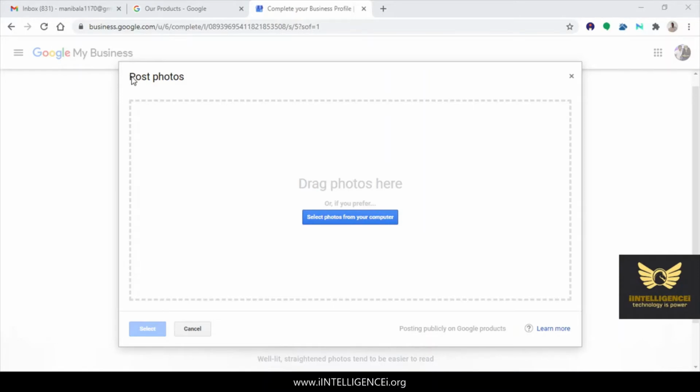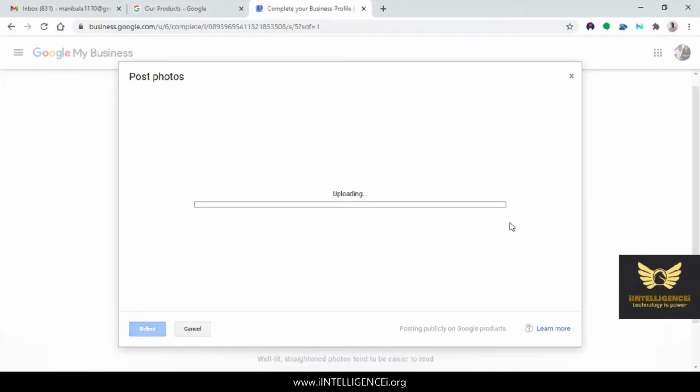So these many photos I have. So I'm just adding them. So it is uploading. All the photos are uploading. Once uploading has taken place, we will go to the next step.